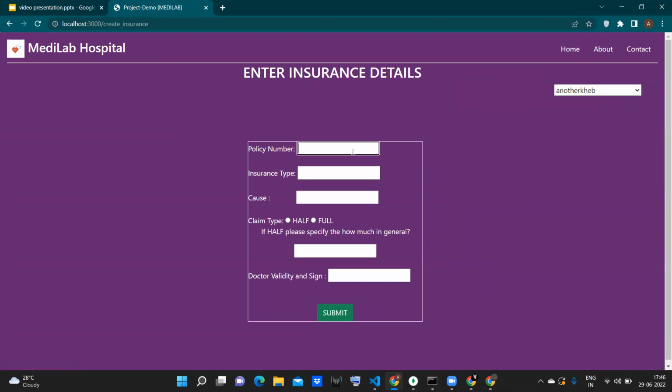The policy number could be anything. It should authenticate with the backend to check the policy number, the insurance type, the cause of death, which could be accident or anything as such, and the claim type, which could be full. The doctor validity and sign refers to the digital e-signature of the doctor, like just mentioning his name. Once he tries to submit this,